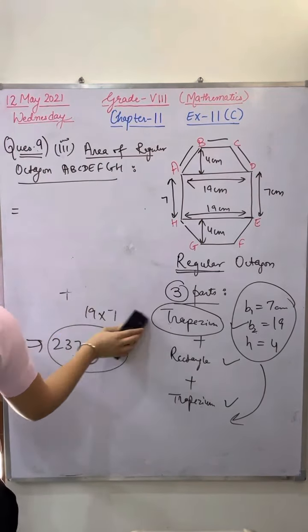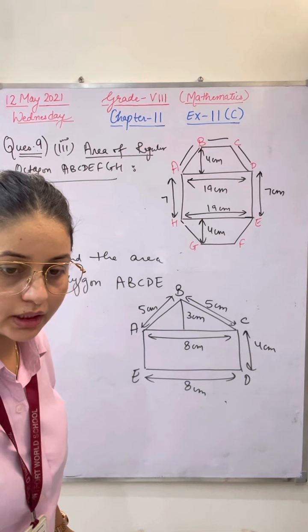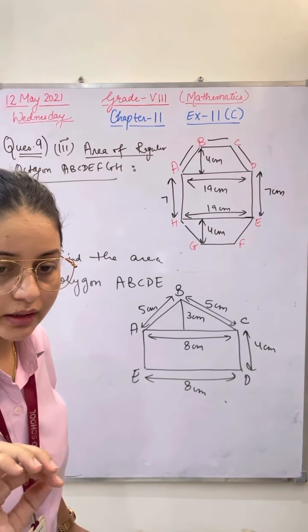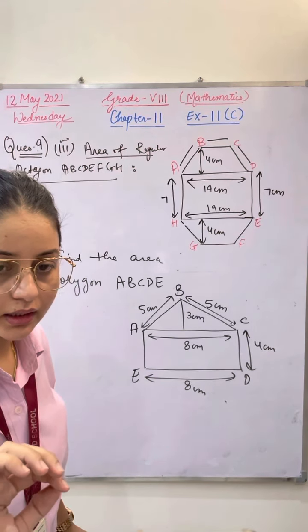Today, this chapter is absolutely complete now. So, quickly solve this question. I'm going to unmute one student. I just want to ask, in how many parts can we split this shape? Anshika and Manshika, unmute yourselves. Please tell me, we can split this complete polygon in how many parts?